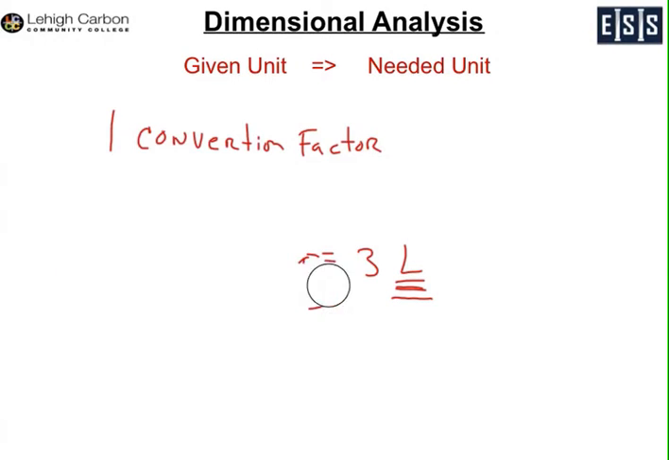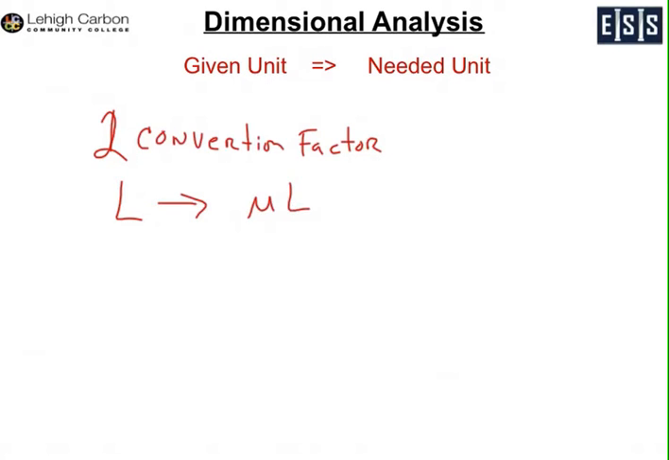conversion factors. So if we change this 1 to 2 conversion factors, in this case, let's say we want to go from liters as a given unit to microliters as our final answer. Now, you can do this in one factor if you know the conversion from liters to microliters, or, because microliters is smaller, how many microliters there are in a liter. But you may not